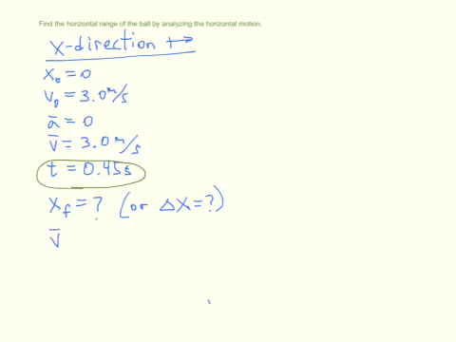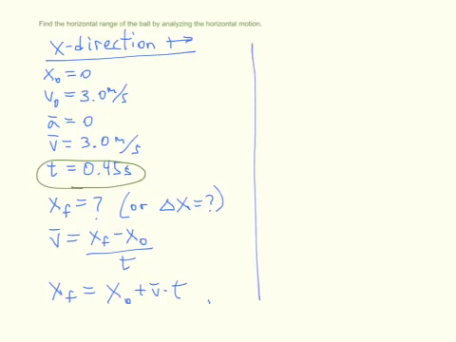We'll look for the relationship that connects what we do know to what we don't know, and that is our definition of average velocity. Average velocity is change in position over time. We're looking for that change in position, or as I've set it up here, that final position. We know everything else, so we'll solve for that x sub f, the final position. We'll plug in our values. X naught is 0, average velocity 3.0 meters per second,